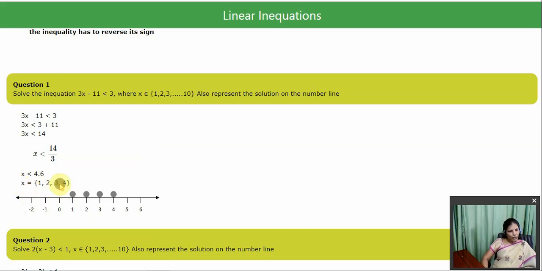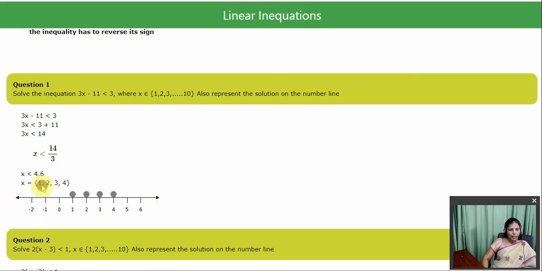And now we found the solution. Now the same you need to represent on the number line. While you are representing on the number line, please see to it that on both sides of the number line there should be an arrow. It denotes that it goes on both the sides. It is infinite. Right? So this arrow is most important.